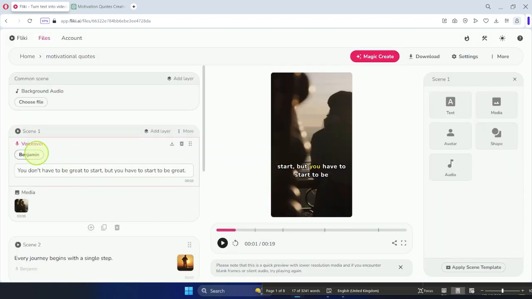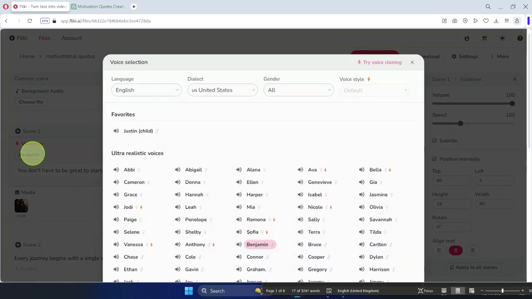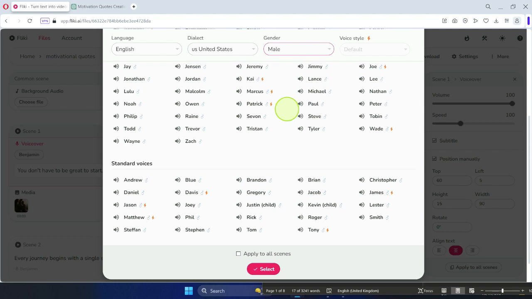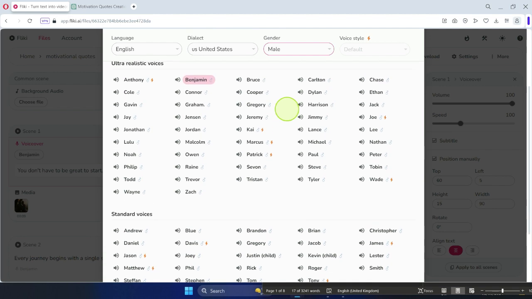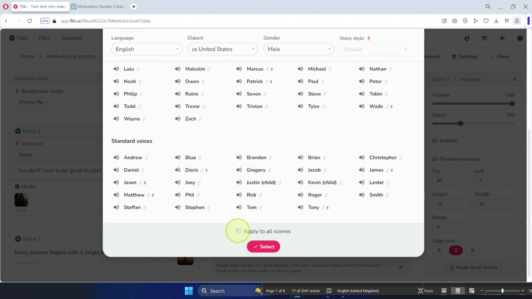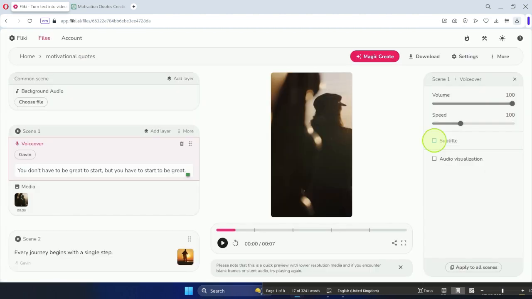And now, of course, the voiceover. You will then want to select the name of the voiceover and choose Male Voiceovers. Look for the voiceover called Gavin, click his name and select Apply this voice to all the voiceovers and hit Select. Finally, you're going to click on Settings again, and there you will put the gap from scene to scene,